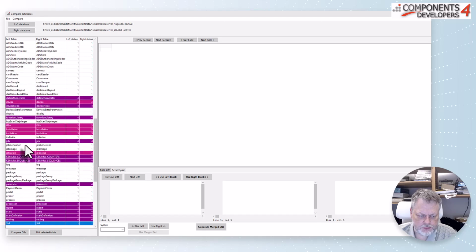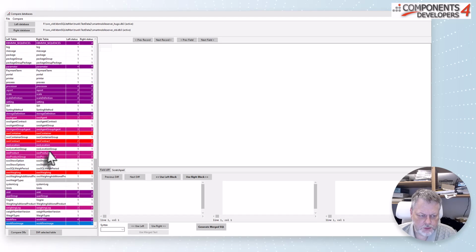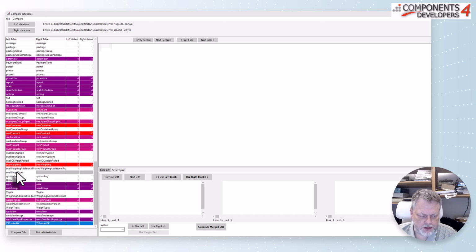If we look further down, we have a status of 2, which means red, which means the structure of the tables has changed in some way. And then we have a single table down here, which actually has a status of 0, but it's showing only that single table because the other table does not exist in the other database, in the right database.